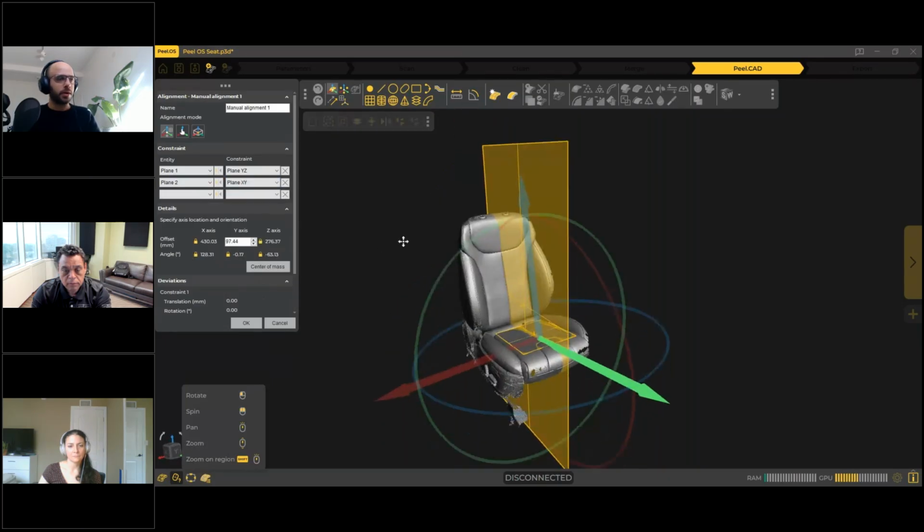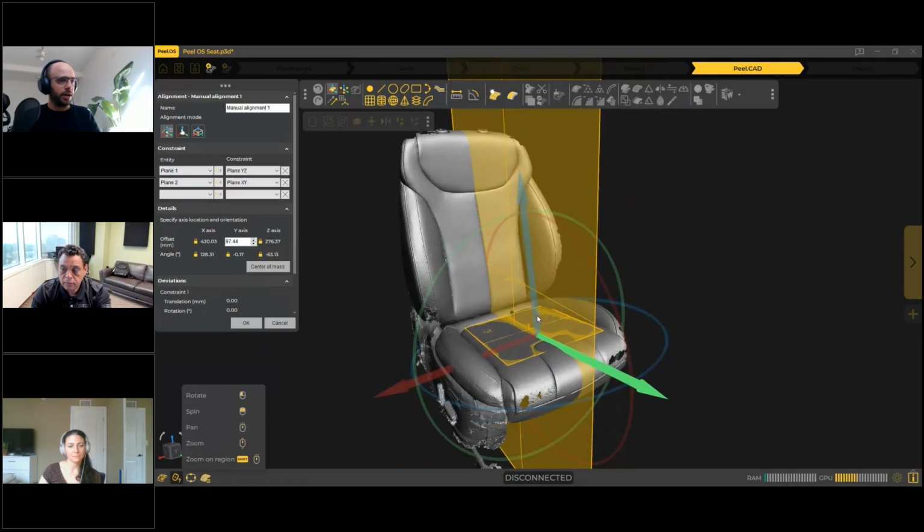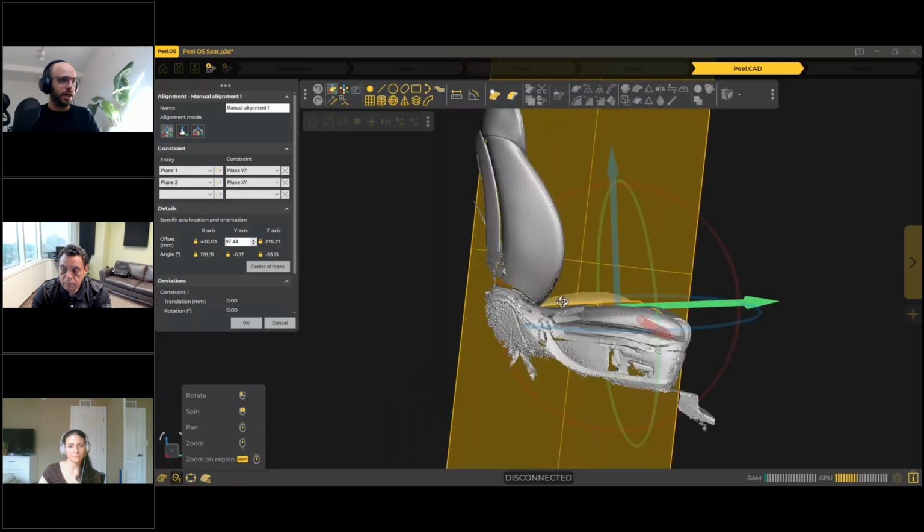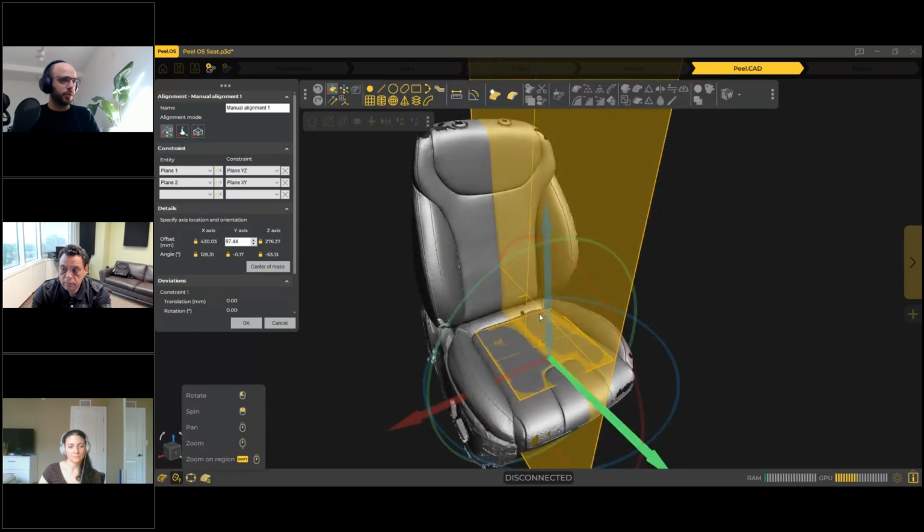So this way, we can now have our seat perfectly aligned with the X, Y, and Z axes in the scene. I'm just going to hit the OK button to confirm. So once this is done,